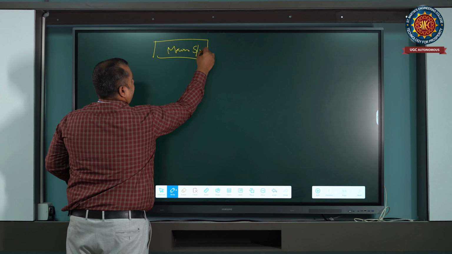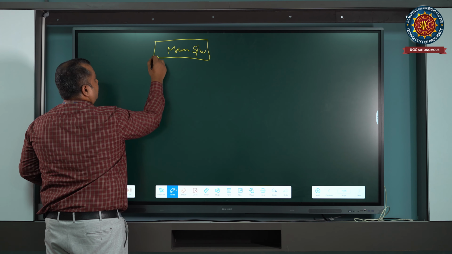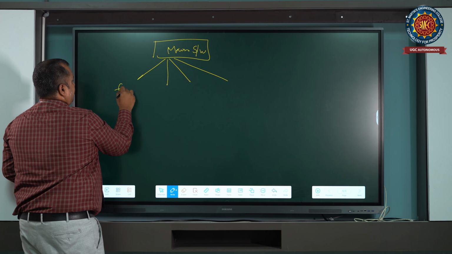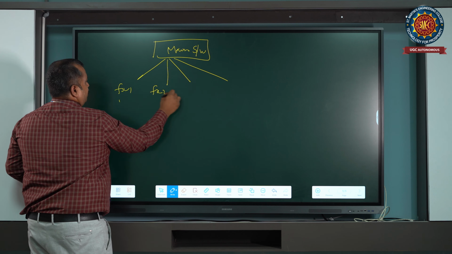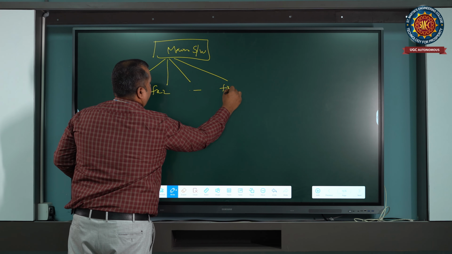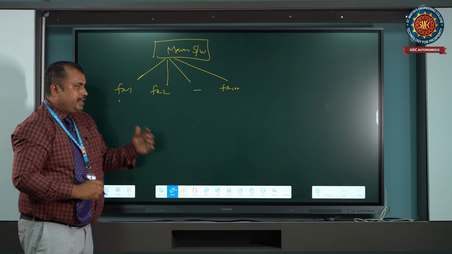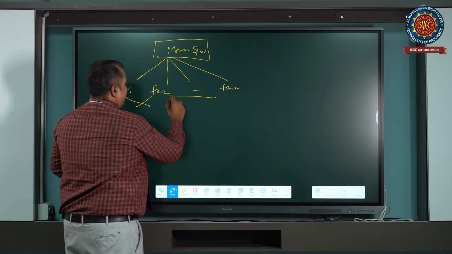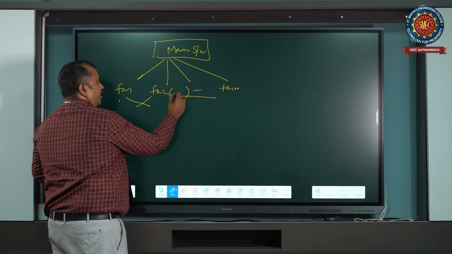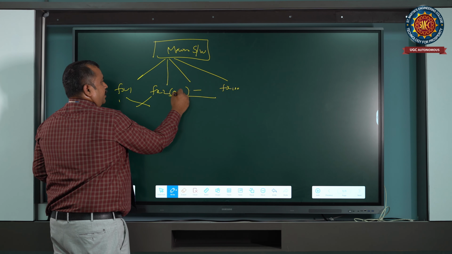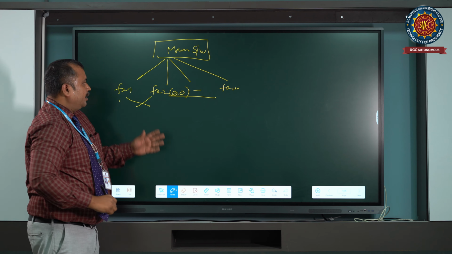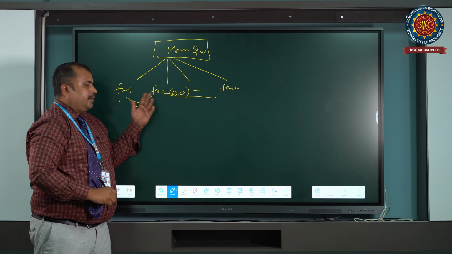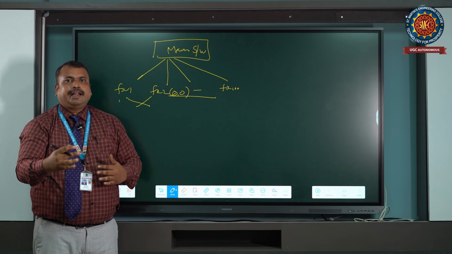task of creating software. This main task of creating software will be divided into many functions: function 1, function 2, up to function 100. Each function will communicate with other functions through parameters or arguments, where we will mention the data. So when the data is moved frequently between the different functions, we will have a data dependency.